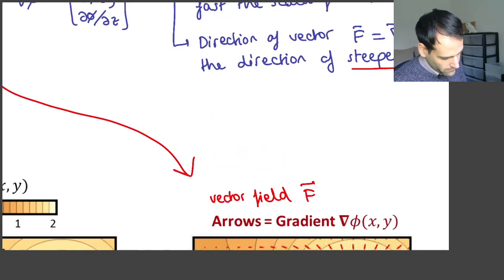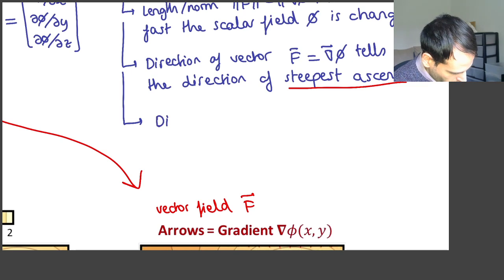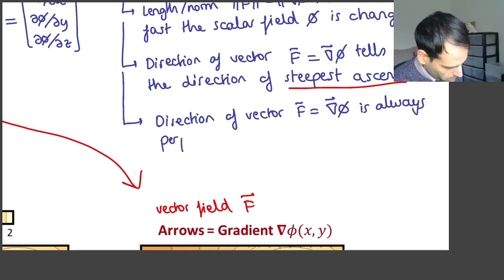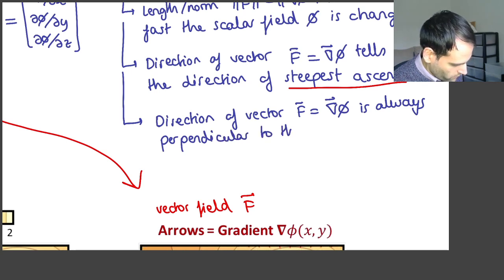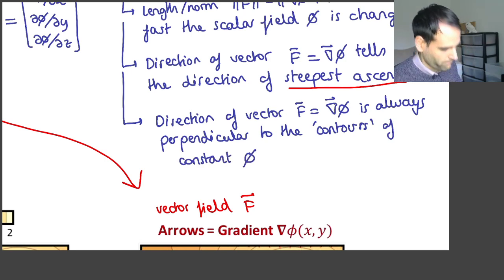So I can add that. The direction of the vector of the gradient is always perpendicular to the contours of constant phi. Okay,